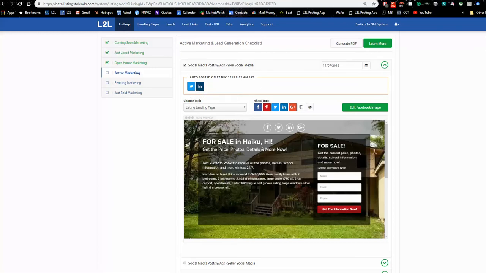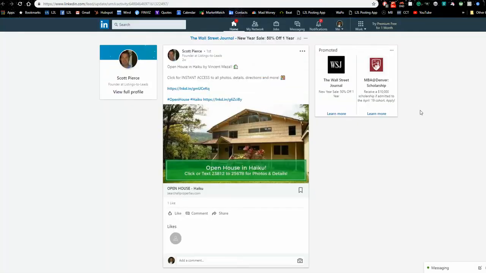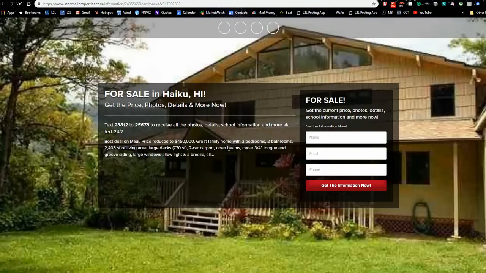And now I click here, and this shows us, I guess this is open house at the time now. The open house is over, so it's a little bit stale, and you could pull it or we just repost it. But notice we've got our hashtags. Open house, Haiku, that's the city. This is the link to the property, right? And you could have other hashtags there if you want, no problem. But when we click on that, bang, we open up the tool,